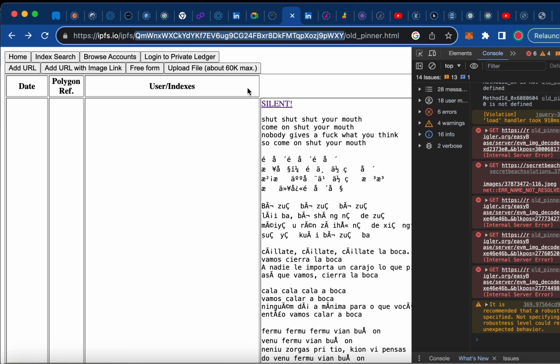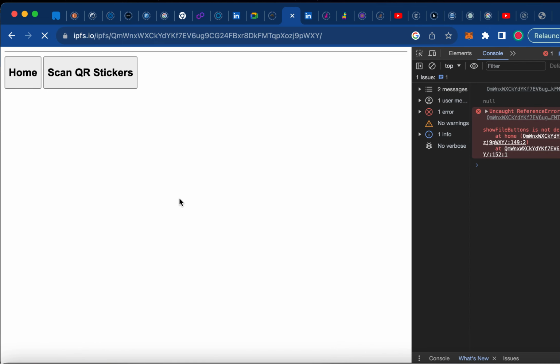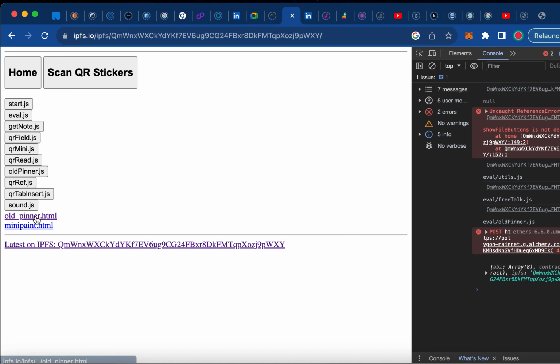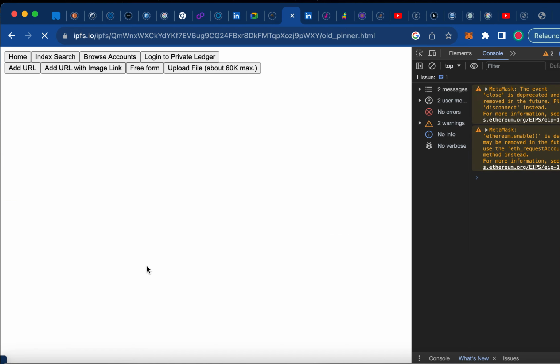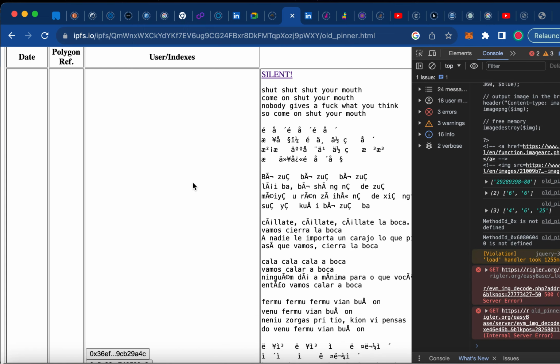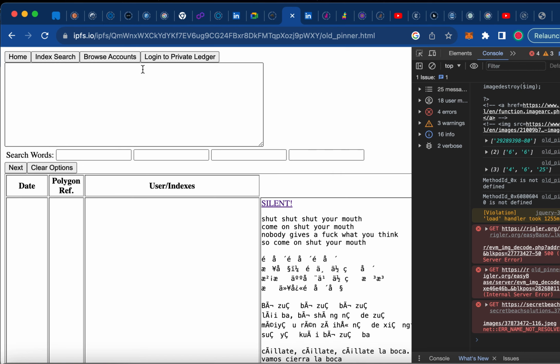And this is more than what we see here. It's my ongoing thing that I'm working on, right? It's my workspace. And don't worry, I have really pretty versions. I just didn't happen to work on that this morning, right? But I go to Old Pinner, and you see it actually, you saw for a second, it showed the latest version there at the bottom. So this is the old Pinner that I use, and I have a freeform button, and I'm going to add,